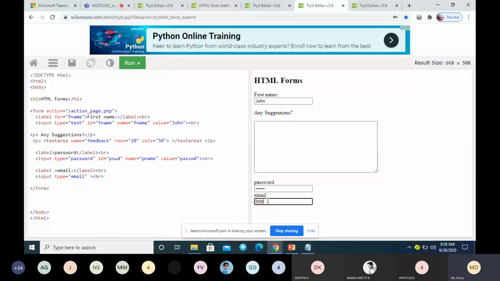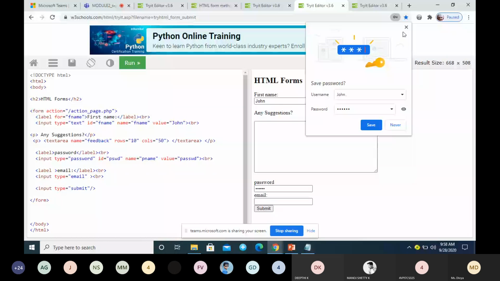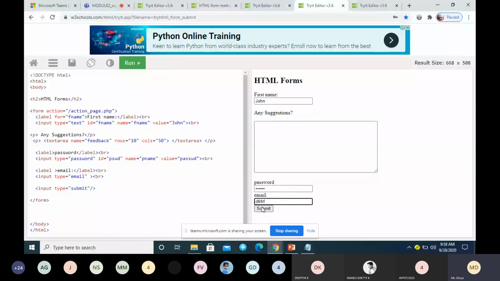But the only difference is, when you go for email and suppose I enter some information here and I don't enter a proper email, I will get an alert message indicating that the email is not in a correct format.